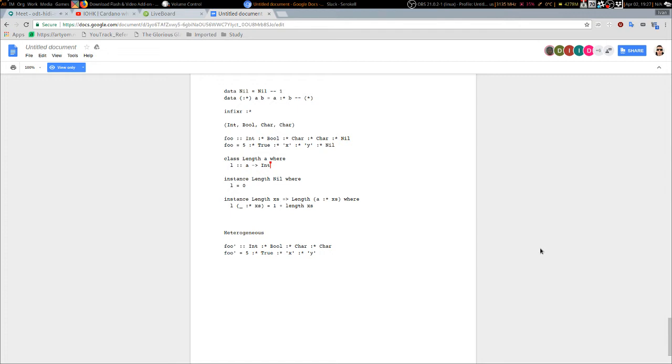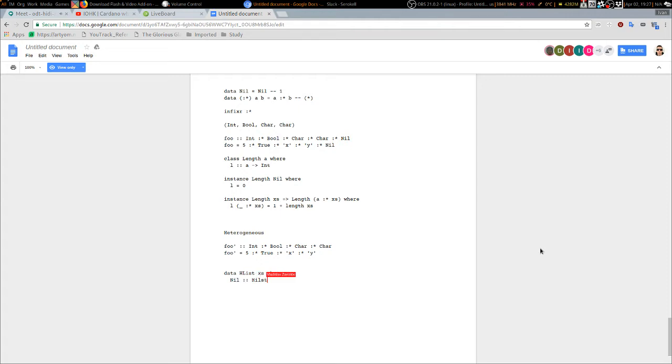And this brings us to the GADT-based definition of heterogeneous lists, which looks like this. It will take a list of types xs, and it's either nil,